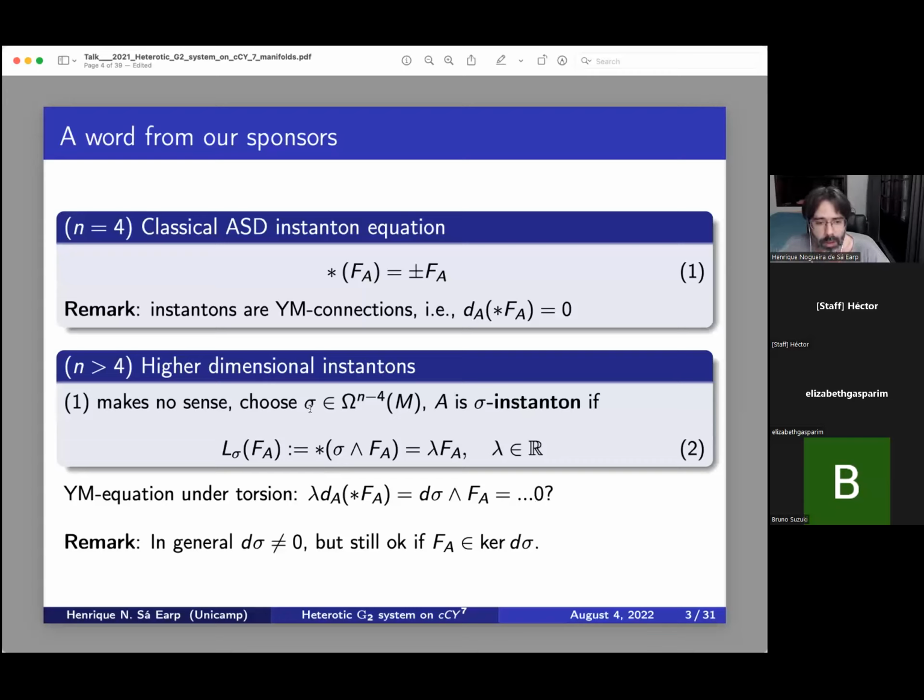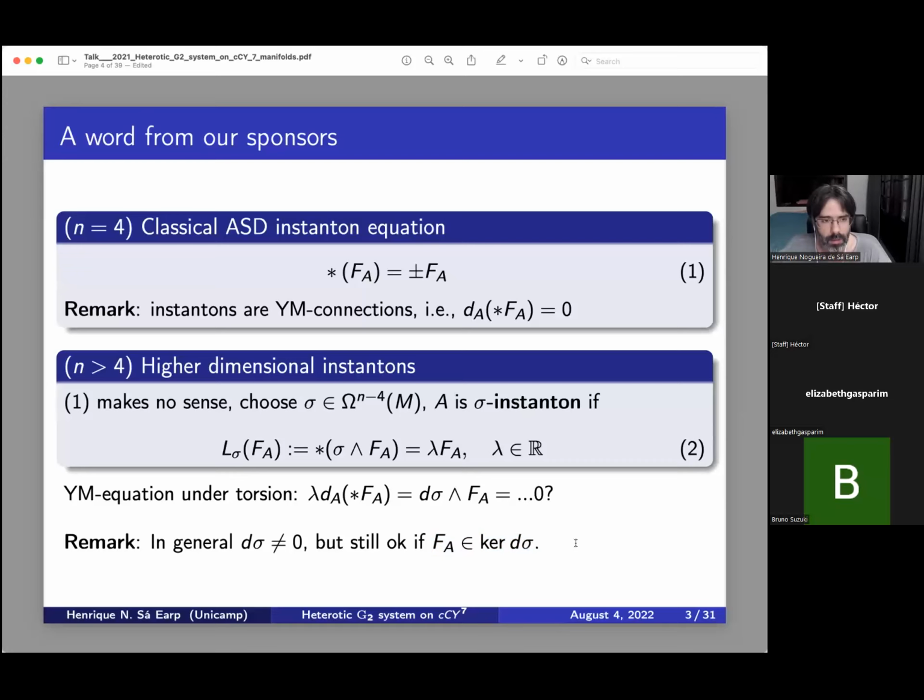So typically one wants to pose that this n-4 form be closed, so that then a similar argument by the Bianchi identity implies that instantons are Yang-Mills. The real condition really is that F lies in the kernel of D sigma, with respect to exterior product. Now, of course, if D sigma is itself automatically in the kernel, we're going to see a non-trivial situation where this